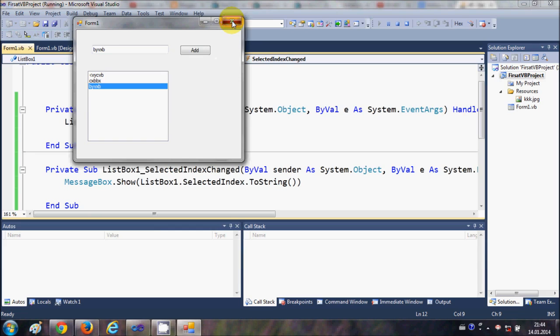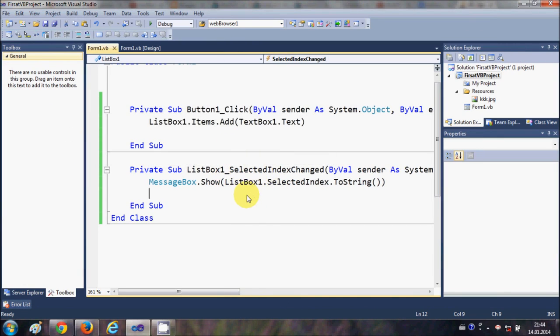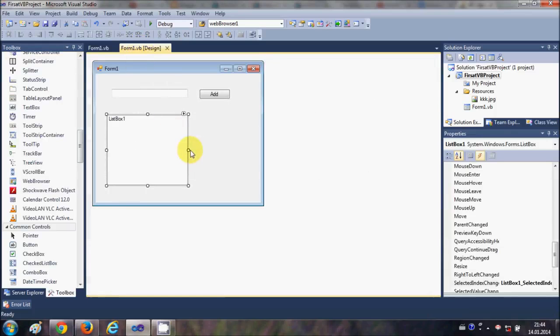So this also is very helpful when you are going to use list box in your future projects. And there are many things which you can do with your list box, like adding the database values to the list box, and many things which are a little bit more detailed and a little bit advanced. This also I will show you when I show you how to connect your Visual Basic application with a database like MySQL or some other databases. But for now, I think this is it for this video,